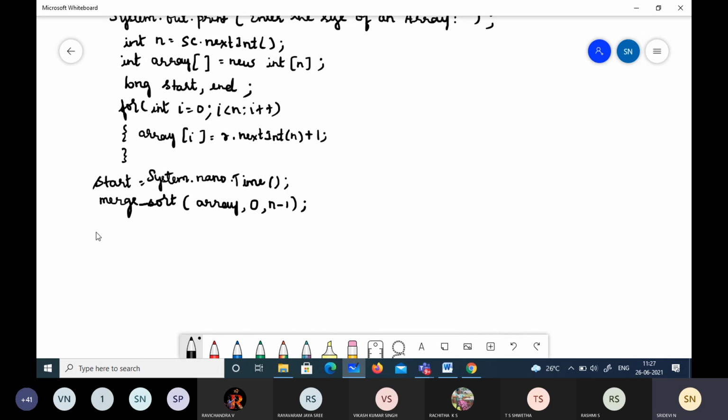And after doing the merge sort, we will also have the end time.